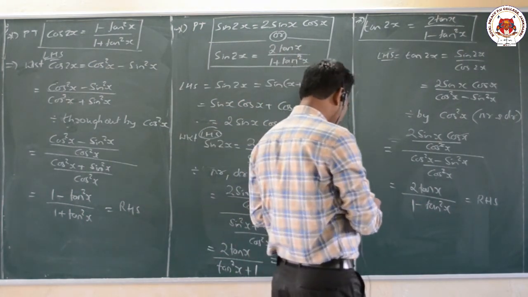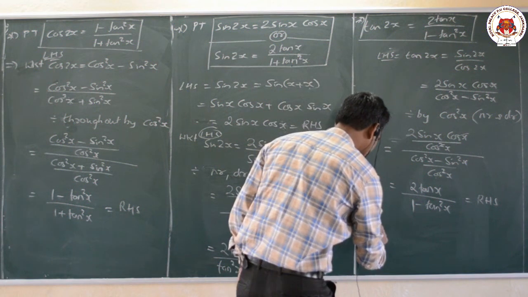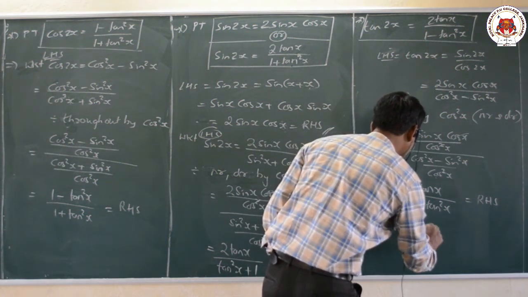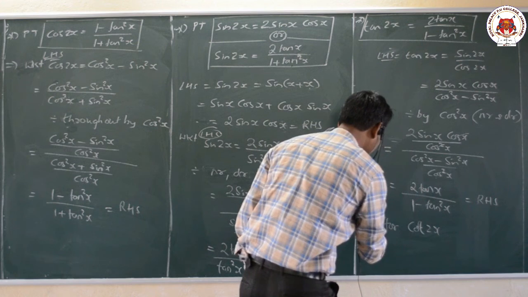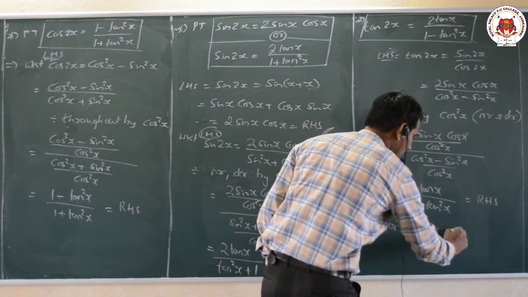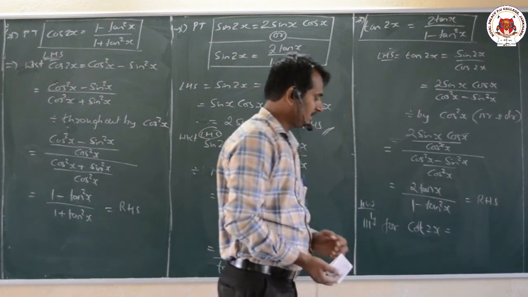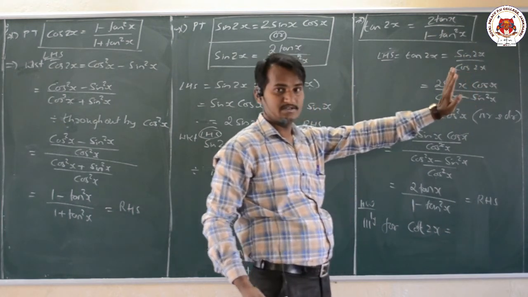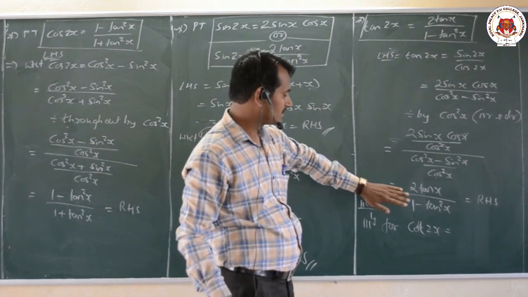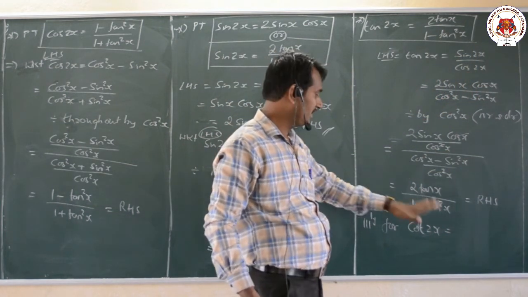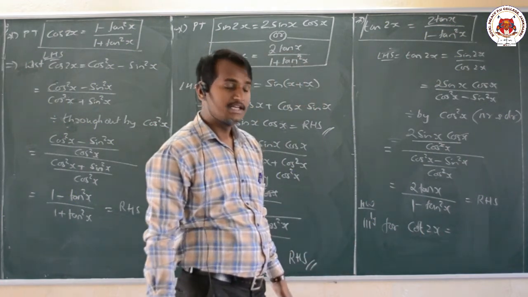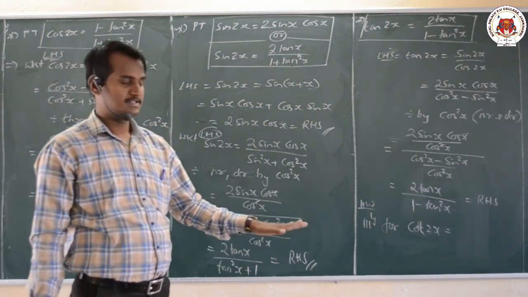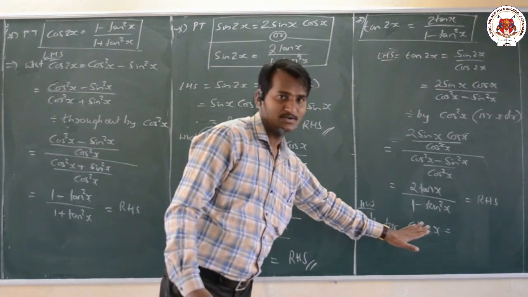Similarly, we can prove it for cot 2x also. Similarly, for cot 2x I can have the formula here, which you can take as homework. The hint is very simple: cot 2x, I can write as cos 2x divided by sin 2x. So what I will get is very simple: cot square minus 1 divided by 2 cot. That is our simple formula related to cot 2x. You can just derive and find out the values here.